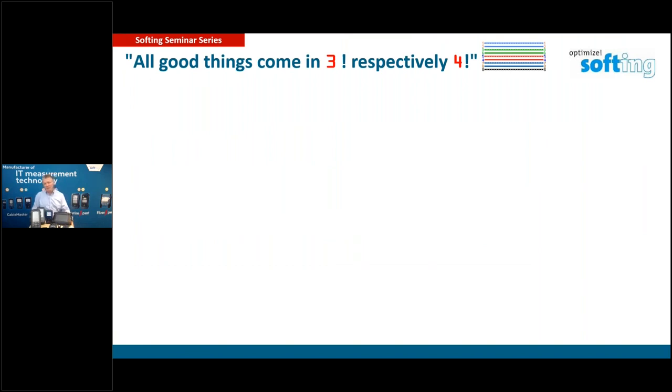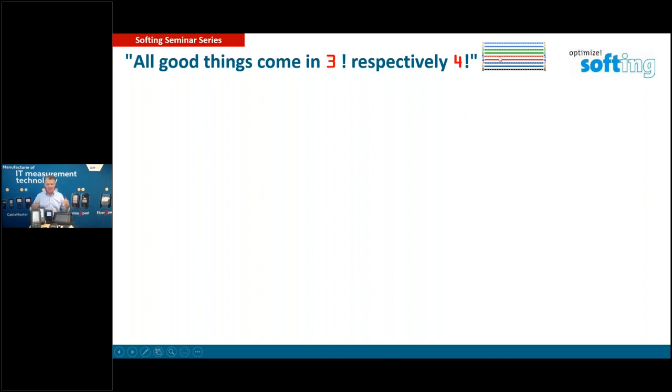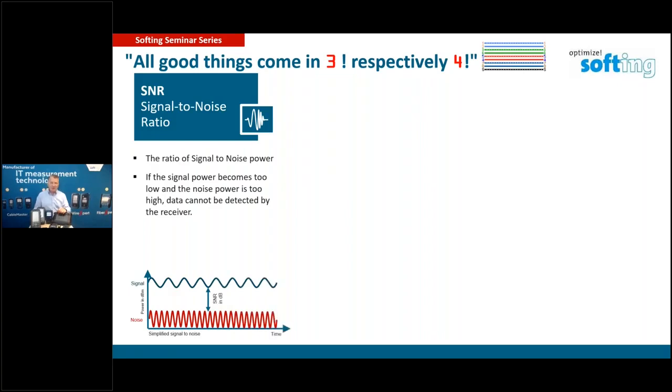So what does a qualification do? It's doing 3 or 4 tests. The basic test is definitely to check, do we have a line? Do we have a connection? No break, no short circuit, and so on. So that's a basic test. After this is okay, it will start the next test, which is the SNR test, the signal to noise ratio test. That means you have noise on your cable. You will always have noise on your cable. It could be greater or a little bit smaller, but you will have noise. And the ratio between signal and noise is a parameter of the quality